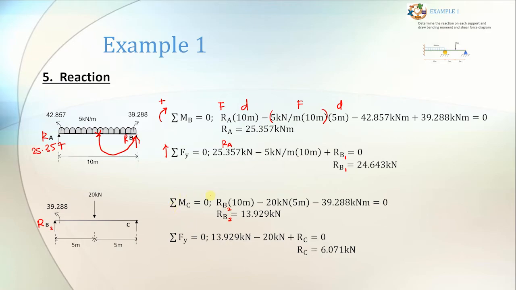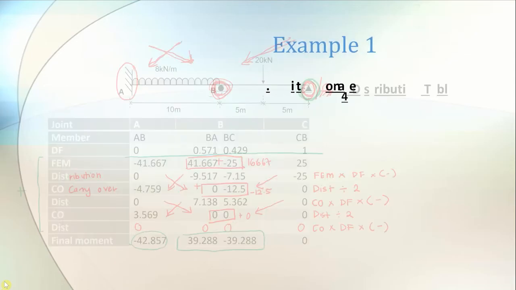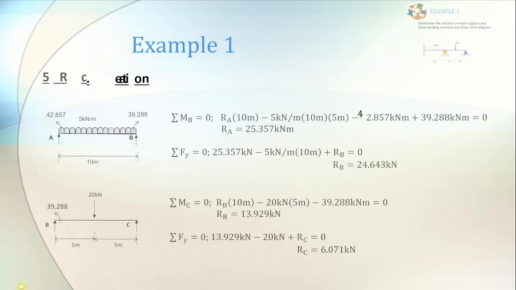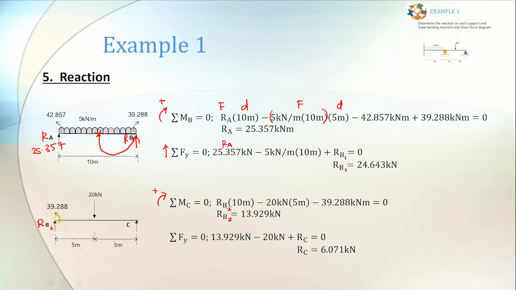Take moment at C. Okay, so I take moment at C. Clockwise is positive. And don't forget to put also the moment from the distribution table earlier, which is 39.288. Negative here, negative 39.288. So when negative, when you draw it in the picture, it must be counterclockwise. RB2, okay, to C, times 10 meter length because it is force times distance, and then 20 kilonewton point load times 5 meter to C, its distance is 5 meter,